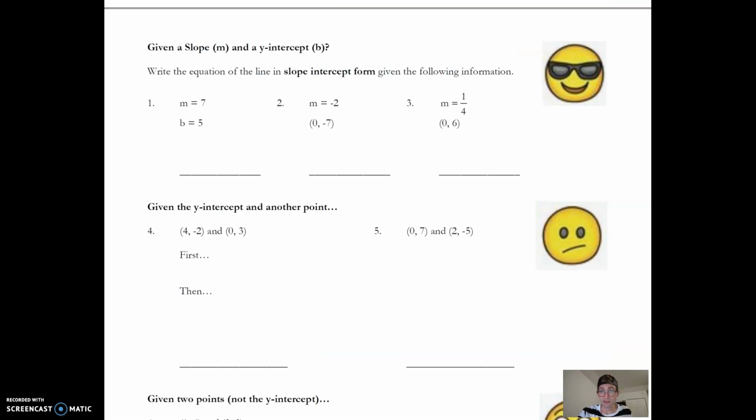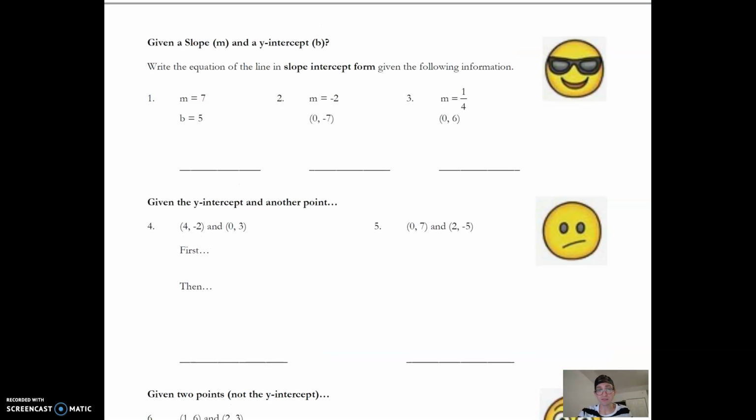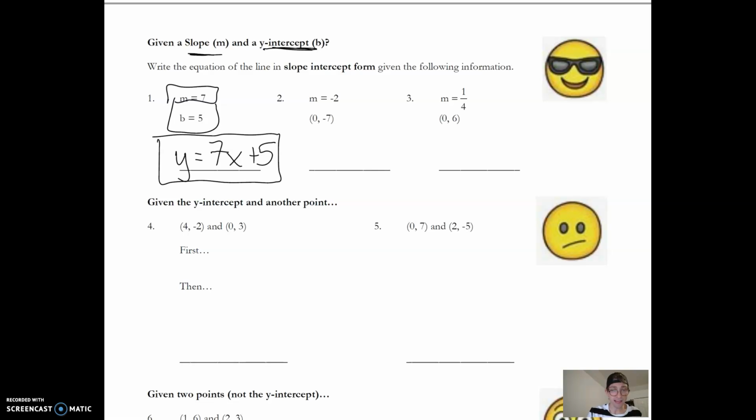So, other ways to find equations of lines come from just being given information. On the back page, you're going to see that we are being given both a slope and a y-intercept. This is the easiest case. If you're given, like in number 1, an m and a b, you don't have to do anything besides fill in where the numbers go appropriately. Now, you might still mess up. It's not as easy as just nothing, but it's almost that. y equals our slope times x plus our b value,